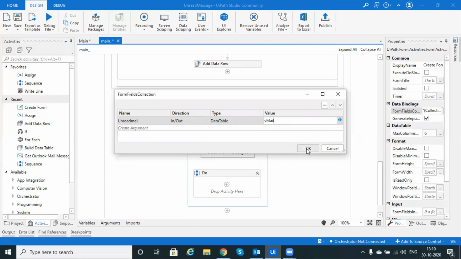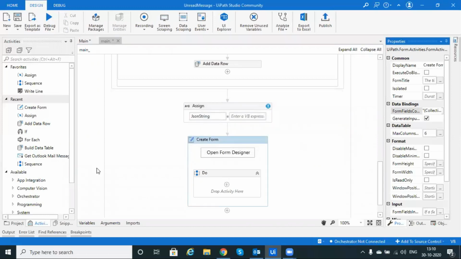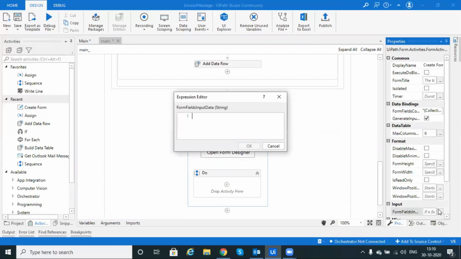Okay, and in the input you have to mention, right, whatever you copied from the dashboard, Control V, unread mail.